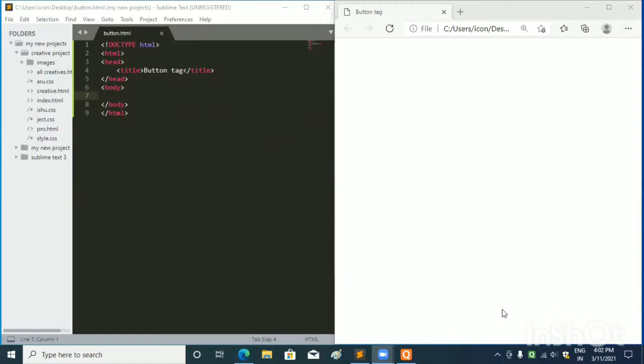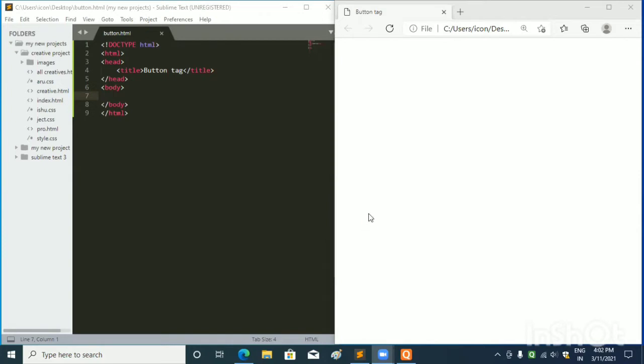Welcome to BCM. So in this tutorial we will learn about button tag. So let's begin with the tutorial. Button tag is used to create a button in the web page. Most of the times it is used to submit a form or reset a form. Button is a new element. We can use many attributes in it. So let's do the practical.